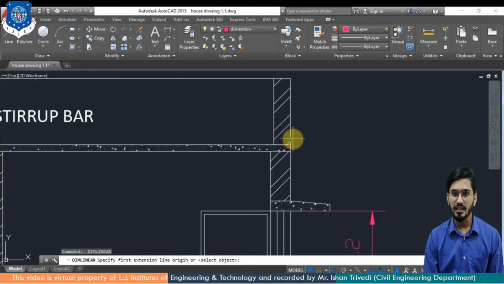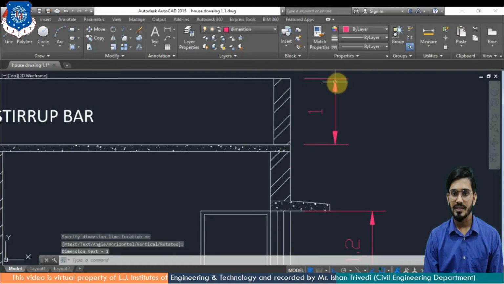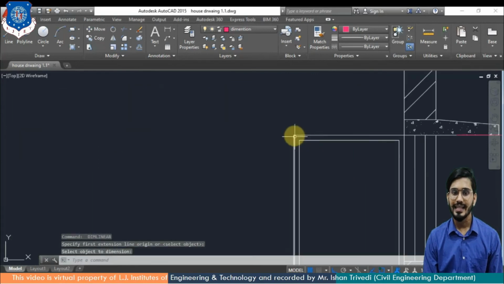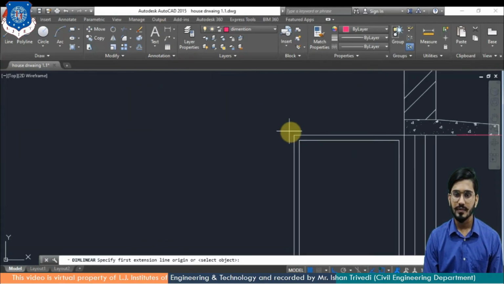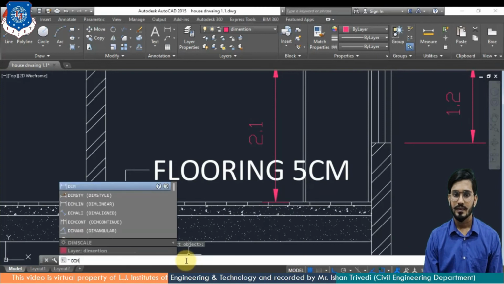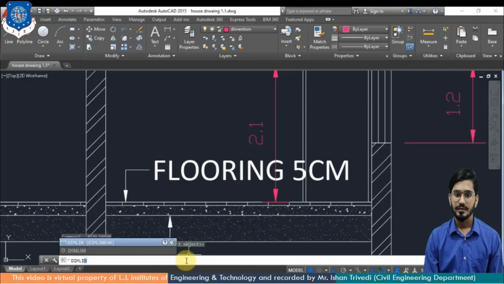Again I am repeating the command. See, you can have the parapet height. Just specify the first and last point. The command is dim linear. Again I am selecting it and provide the dimension of door. Again you can write it here, just enter it.